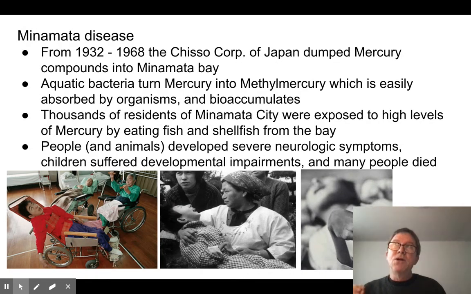So mercury, when it is exposed to bacteria, the bacteria bring it in, and they end up converting it from mercury, which is not that absorbable, to a compound called methylmercury. Basically, you're sticking a carbon and some hydrogens onto it, and that's very easily absorbed, and it bioaccumulates. And so what happens is the people in Japan, in this area, they would harvest shellfish, they would catch fish, and so the bioaccumulation in these fish and the biomagnification in the higher order consumer fish ended up putting a lot of this methylmercury into